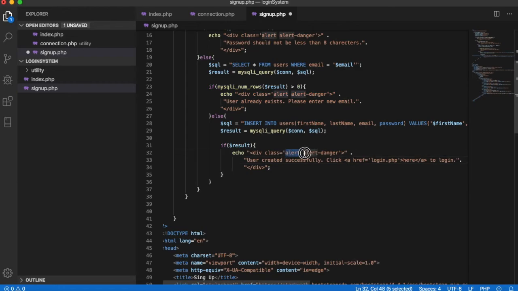So now the alert won't be danger, it will be success. So it will give a different alert to us. Okay, let's make it a little organized. Okay, let's save this and